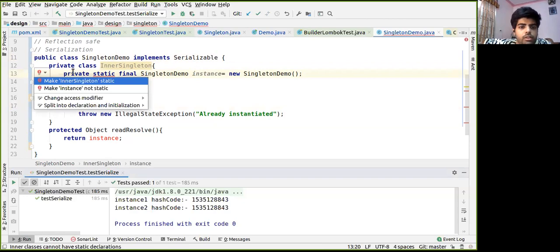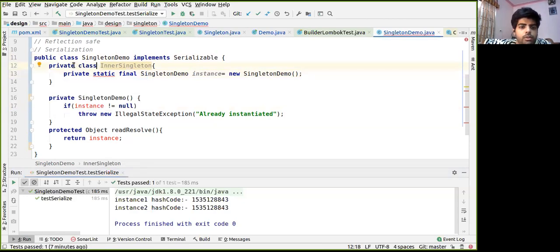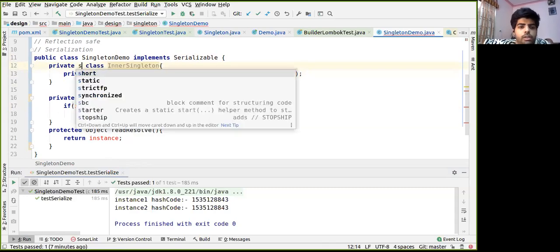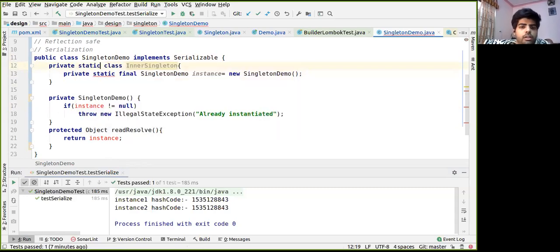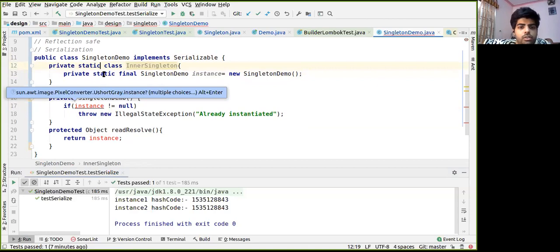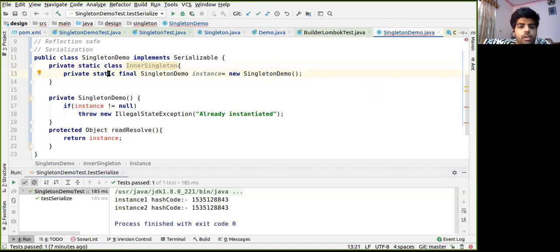No, static. Okay, so we have to make this class static because static can only be used inside a method. For static instantiation, we have to make the class static as well.